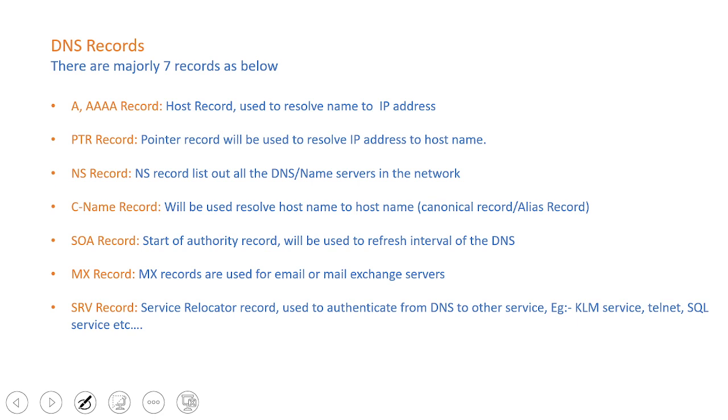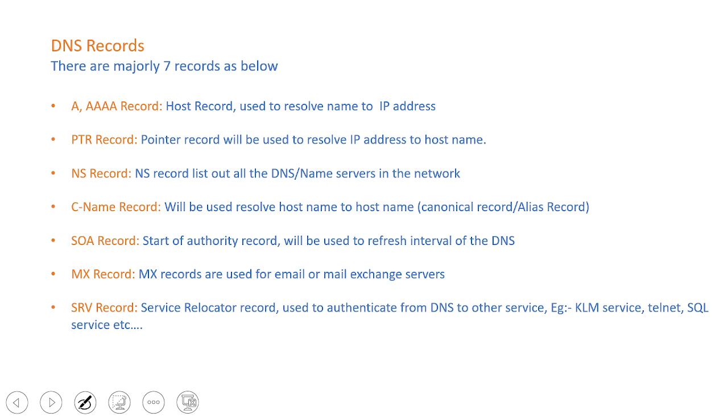I was talking about the records all this time. So there are 7 major types of records, in fact. The first one is the A record. You already know the A record, or AAAA record, means it is a host record, for the computers and for the websites. You will create A records only. For IP version 4 it is the A record, for IP version 6 it is the AAAA record. If you are trying to resolve name to IP address, anything from name to IP address, that is called an A record.